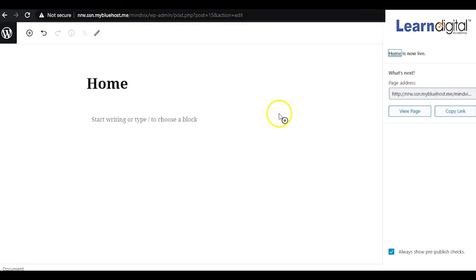And suppose you are not able to understand this dashboard. So for another dashboard, we will be using one plugin. It will make that dashboard very user